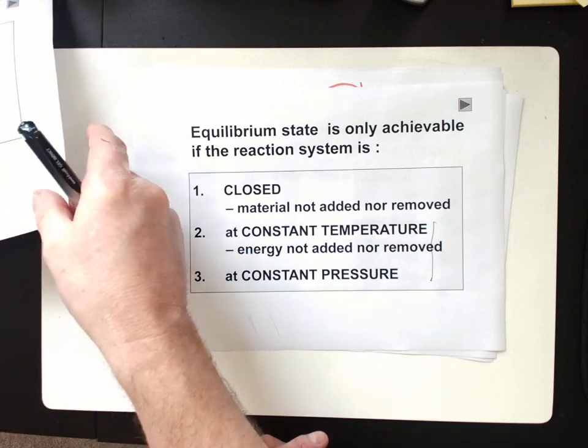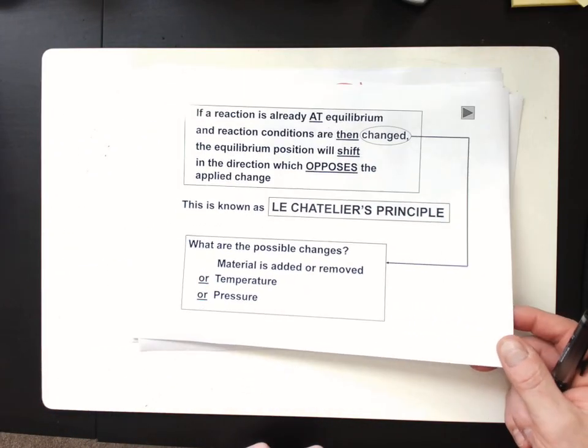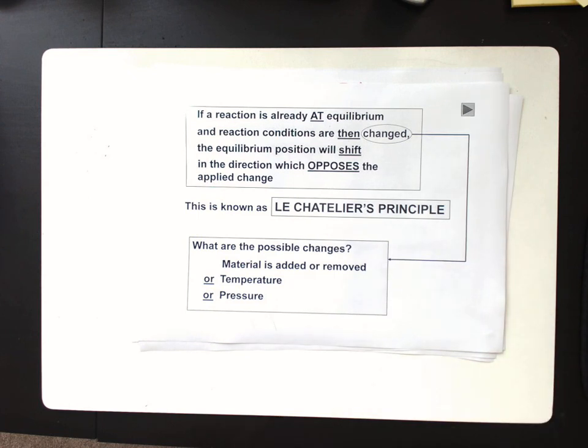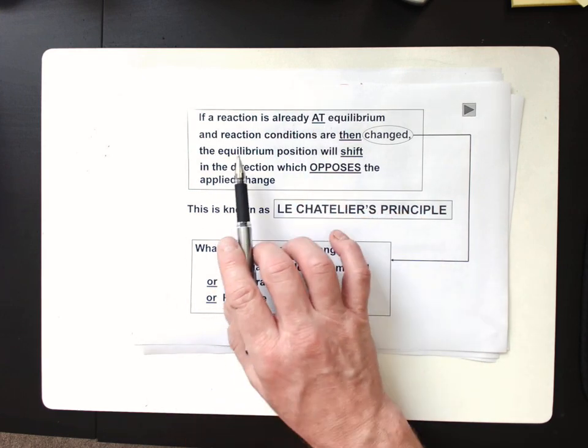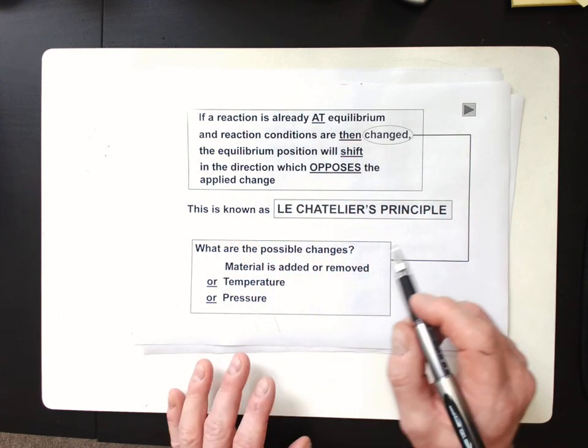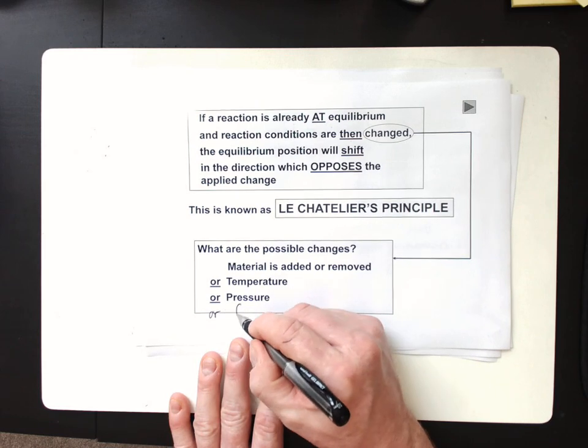Okay, here comes a really important slide. So this is the slide, or the principle, that you will use to work out whether something that is added causes the equilibrium to move to the left or to move to the right. So if a reaction is at equilibrium and the reaction conditions are then changed, so the reaction conditions, I should write in here,